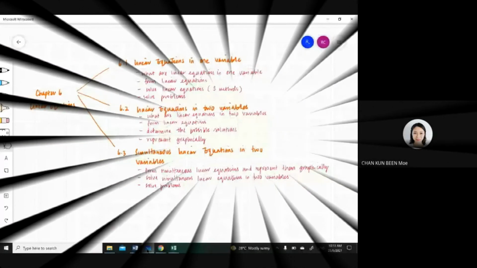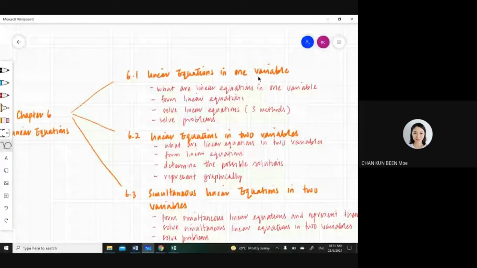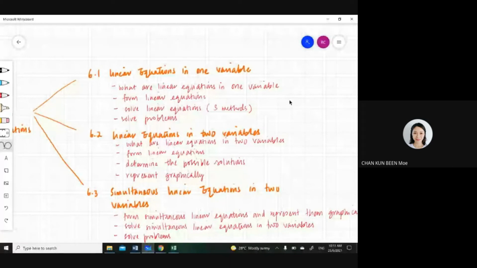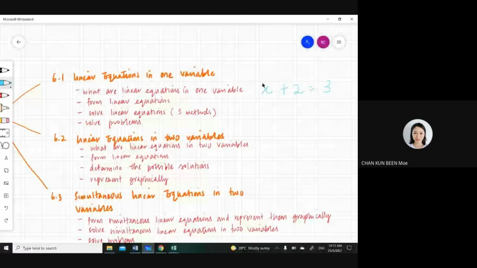So in this chapter 6, I moved to chapter 6. Last week, we learned about the linear equation in one variable. Sorry, my handwriting is not very nice here. So you learn linear equation in one variable, which means that linear equation must have a variable like x plus 2 equal to 3. So linear equation is the equation that consists of a term whereby the power of the